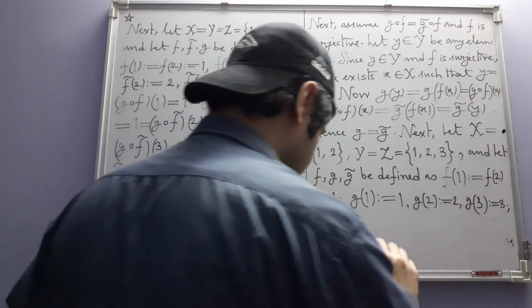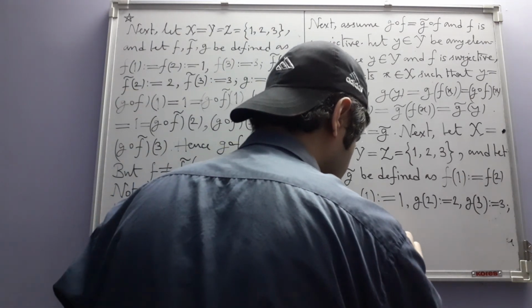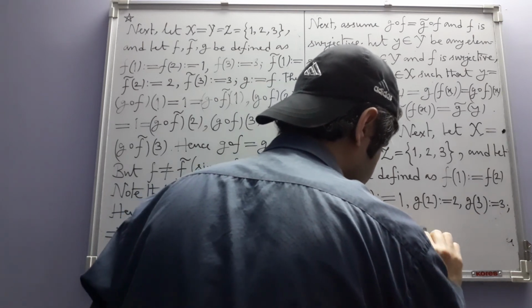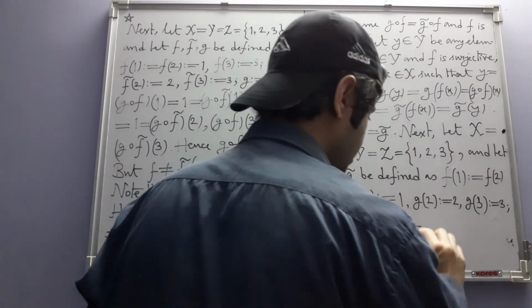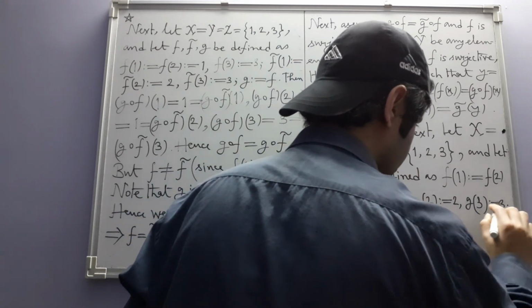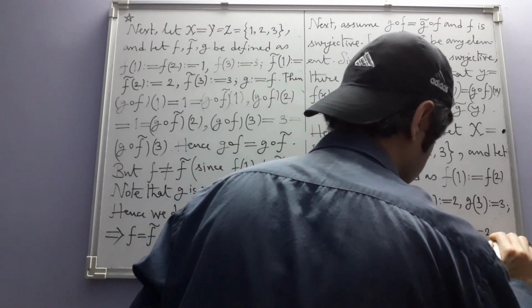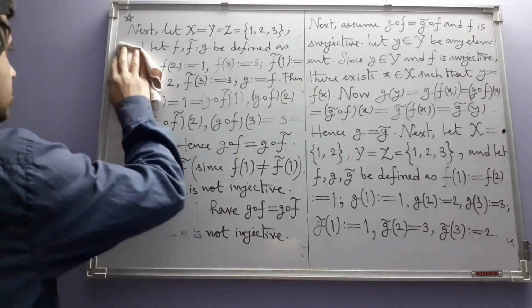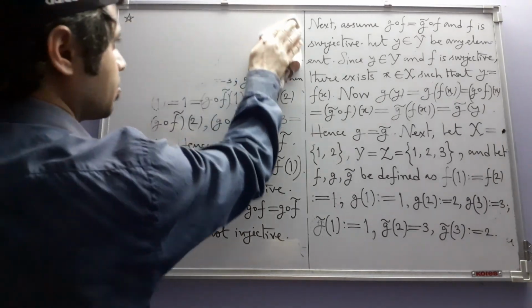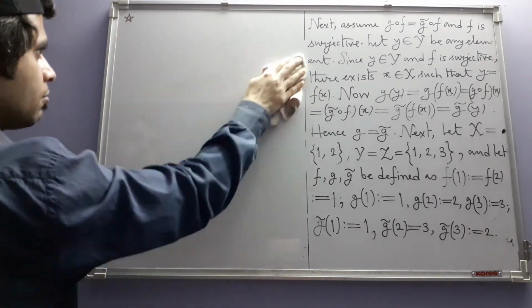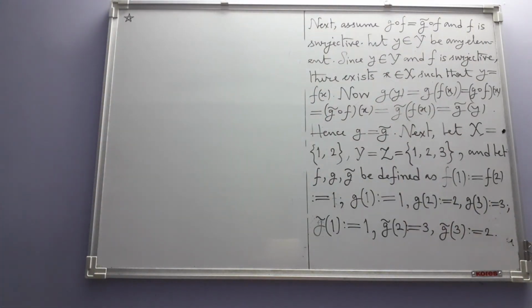G tilde of 1 is defined to be equal to 1. At the other 2 points we switch the values. Here we had 2, we write 3. Here we had 3, we write 2. Okay. Now let's see the situation for these choices. So, like the previous